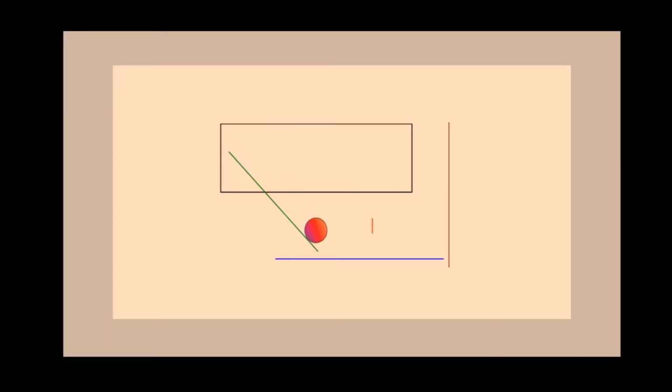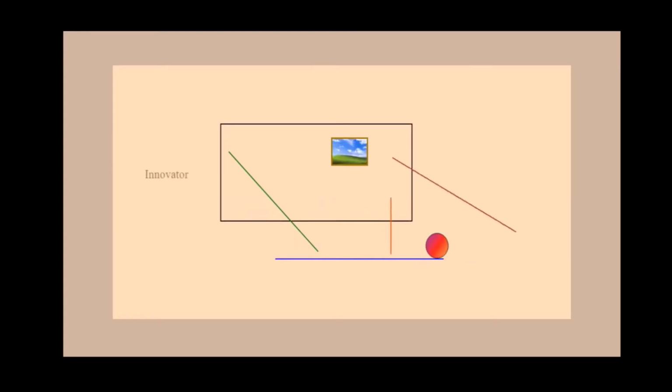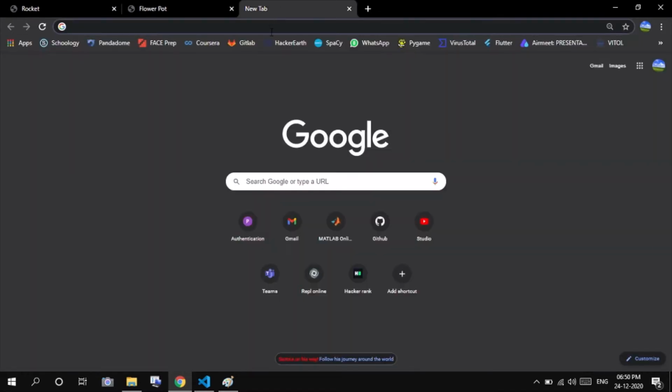This is the rocket animation and this is the flower pot animation. So yeah, these are all static and cannot be customized. So what I have done is I took the code base of these two as the base of my project and made some simple dynamic greetings. Let me show you that too.